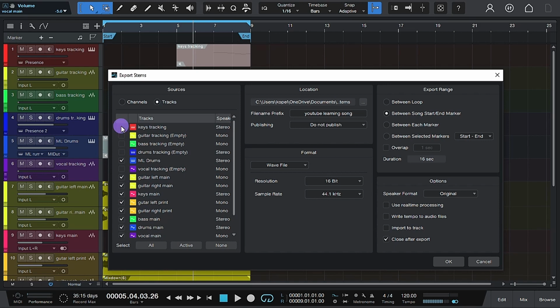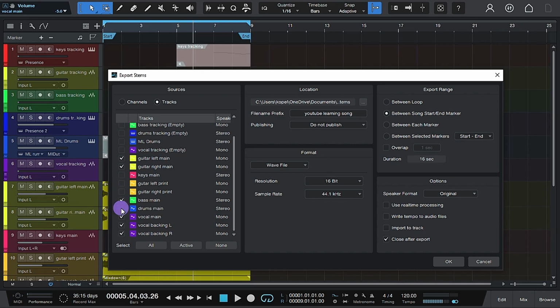So we don't need keyboard tracking. And the reason why we wouldn't click it here and we did it as a MIDI file is because when you click here, it's going to send a WAV file, not a MIDI file. So that would make it a bit more difficult. So we're going to unclick because we already took those and put them on the desktop. Okay, and then we know we need our guitar left main and our guitar right main. We're going to check off keys main. We're going to check off the guitar prints. We are going to check off the drum prints, and we are going to keep our vocals because that is all the things that we need to send